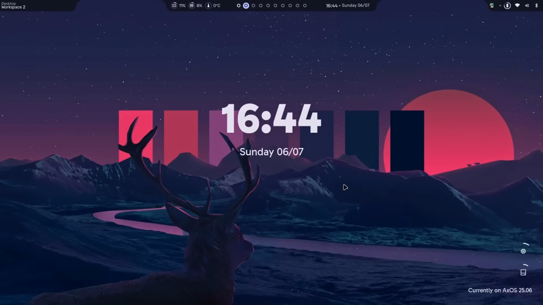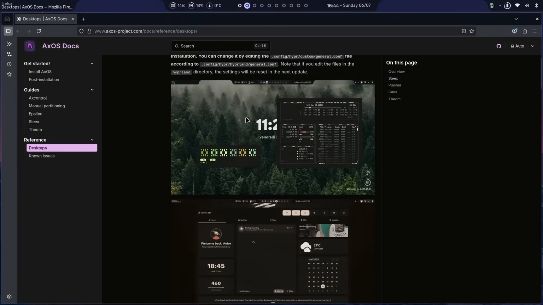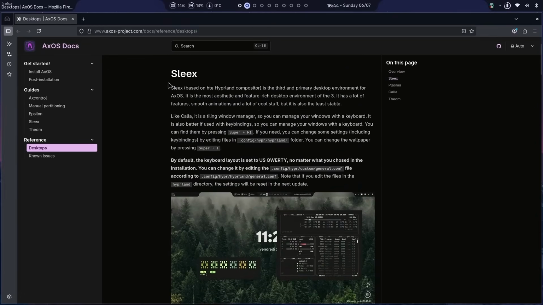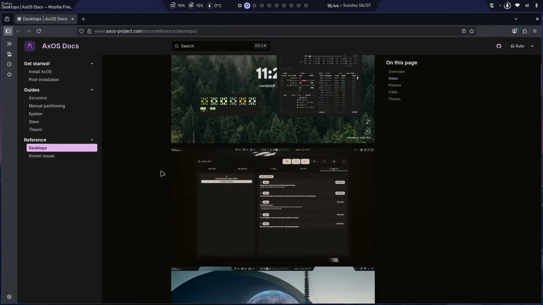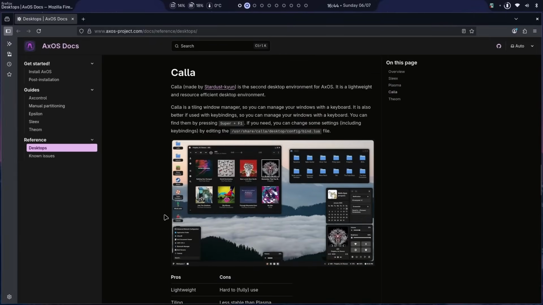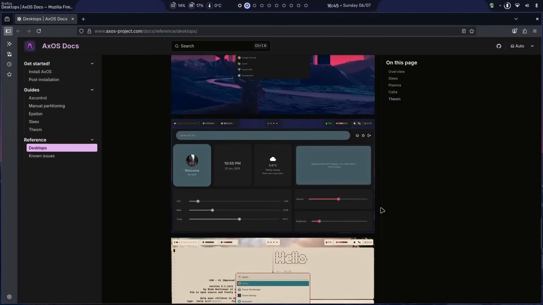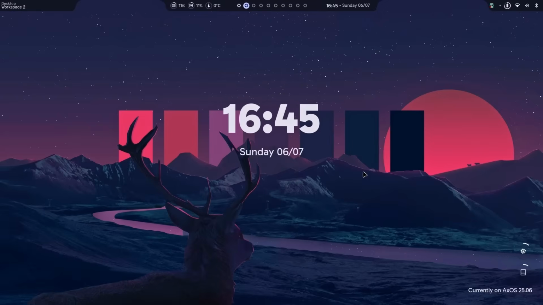So here we are on the amazing desktop of AxOS. Now, as you remember, AxOS has multiple desktops. For example, right now I'm using Sleek, this one. It's actually based on Hyprland. Then we have an option for KDE Plasma, and then an option for Kala, which just looks efficient and powerful. And then we have the amazing Theon, which is based on i3 window management. It looks good, it's aesthetic. But I believe Sleek is like a whole all-in-one package, which is